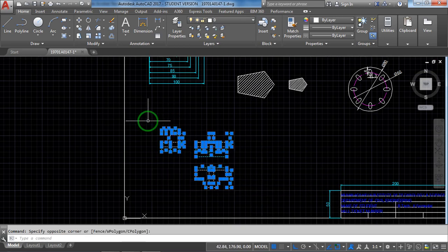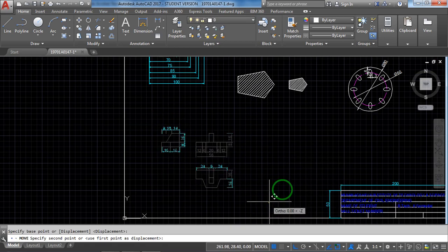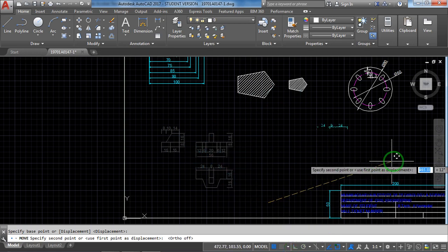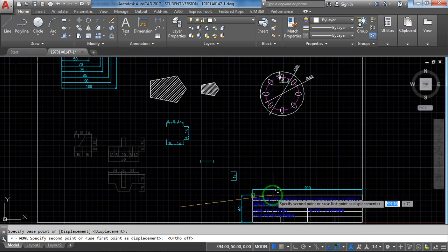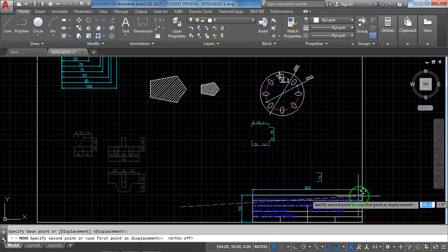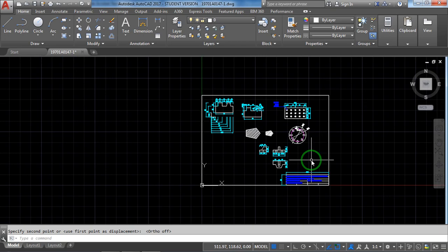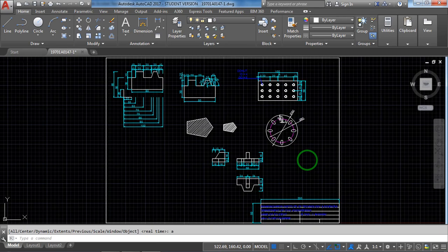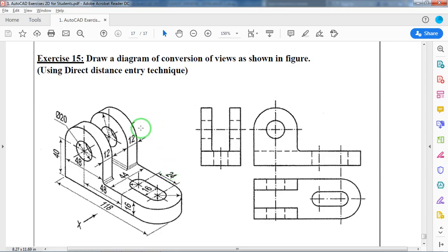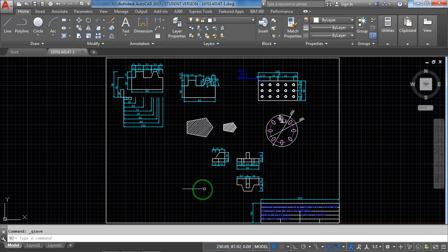You can take this, move, keep ortho off, move it to the location where you can place it very comfortably. See, this place is for doing exercise number 15, if you can do it on your own. Hope you have understood this. See, a maximum extent in 2 dimensions, we have clearly discussed everything, right?